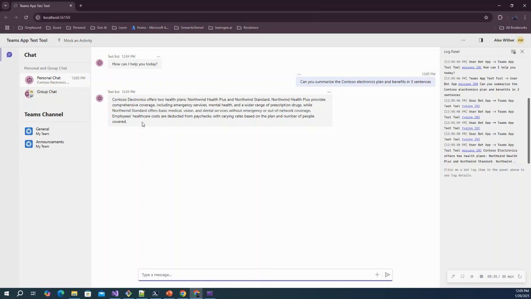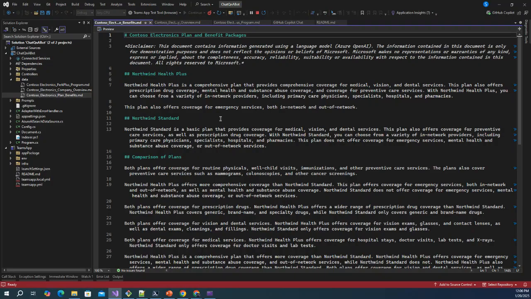Okay, so it gave the answer. Contoso Electronics offers two health plans, Northwind Health Plus and Northwind Standard, and it summarized the plan details in three sentences. Let us see in the document whether it gave the right information or not. So in the plan benefits, there are two plans, Northwind Health Plus and Northwind Standard. Yeah, so there are two plans, and also